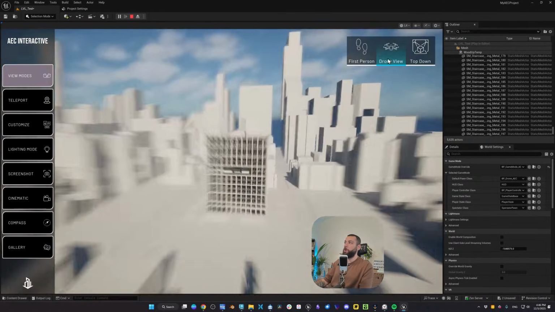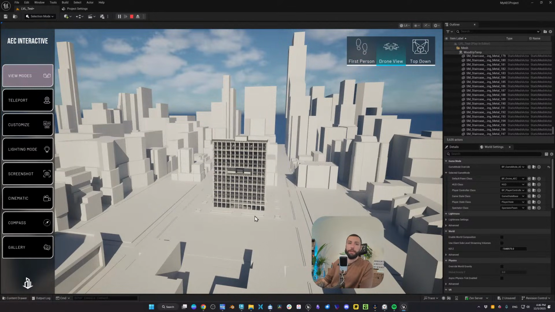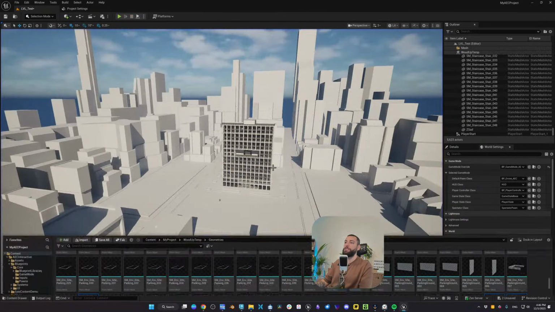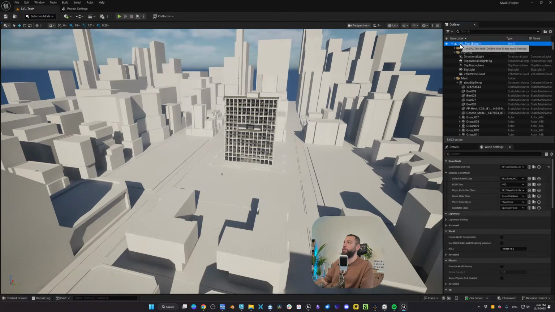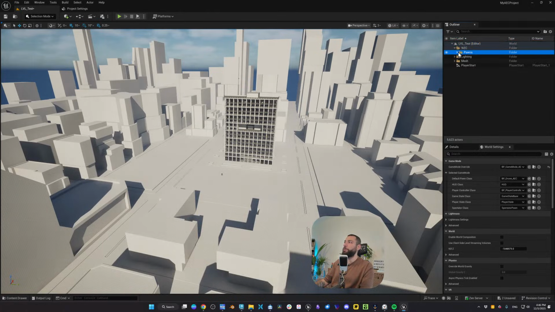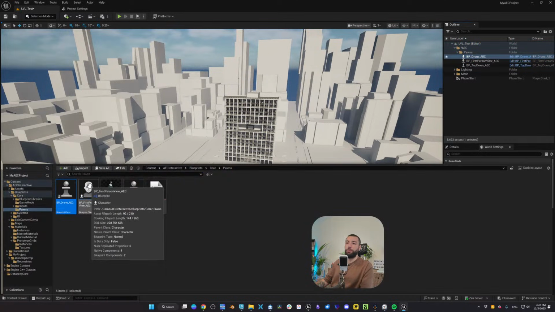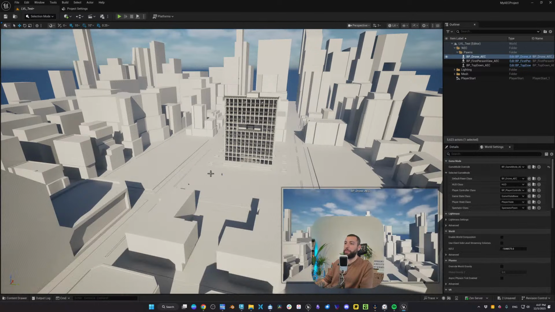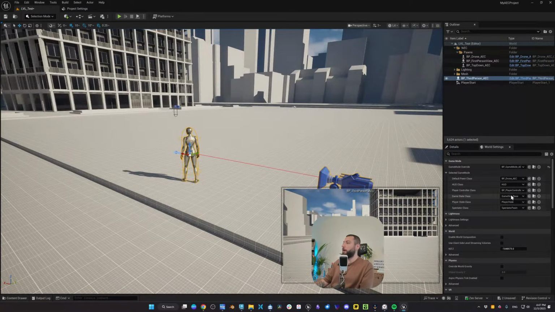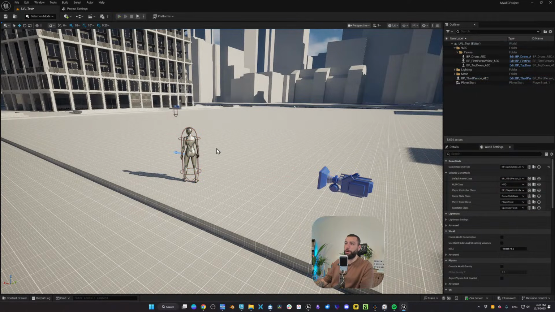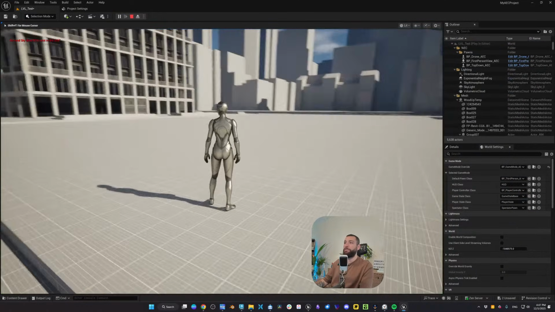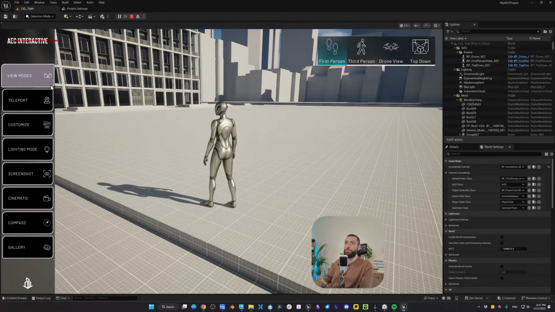Now notice the third person, we didn't add it to the level, and the button for it also is not here. So if you decide, okay, I also want to explore in the third person mode, you can add that to your level. I'm going to click and drag to add the third person character. And let's say I switch this to the third person character to start with. Now when I click on play, we start from the third person character.